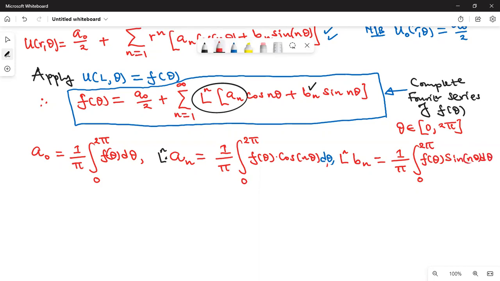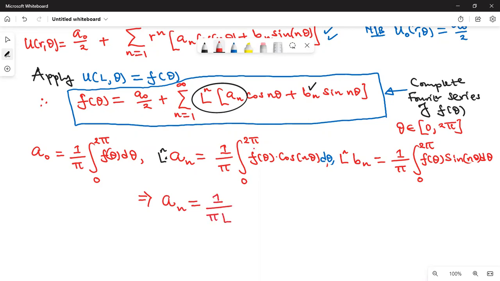So these are the Fourier coefficients. If I want to find a n, you simply make it the subject. It is clear from there. So from here, it is clear that a subscript n equals 1 over pi